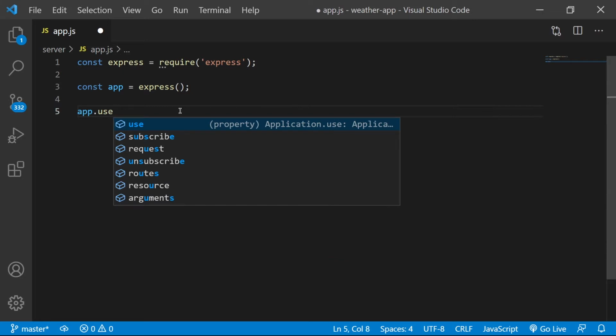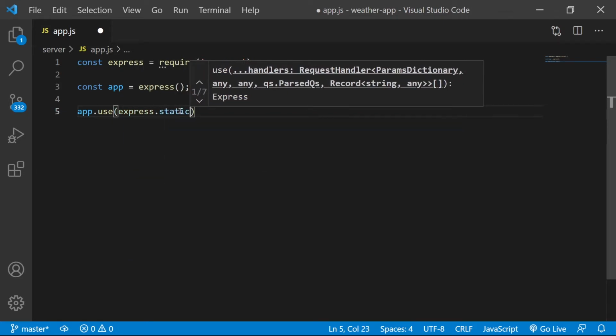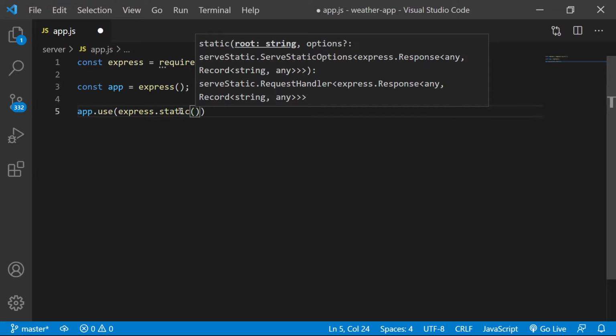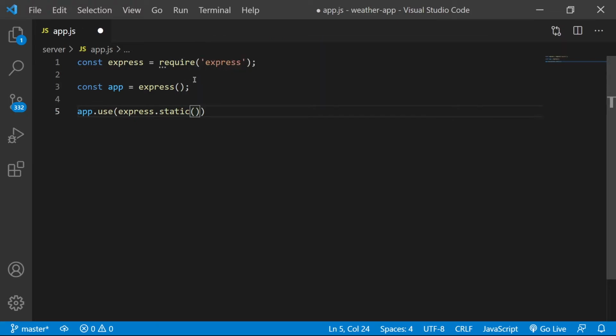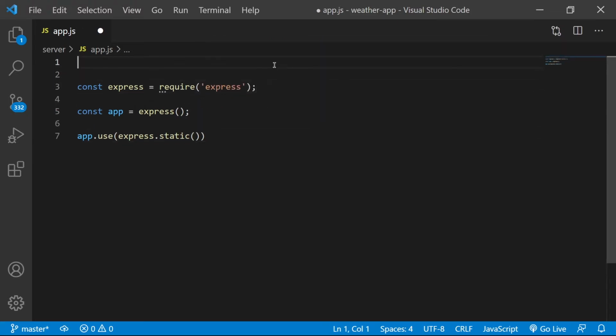Middleware is essentially just functionality that's abstracted that you might want to have happen on every request in the request lifecycle. You can think of it as different pieces the request will go through, and the request might be altered in some way. So here I want to use the express static middleware, so I can serve static resources from my public folder. And then I also want to use the path module from node.